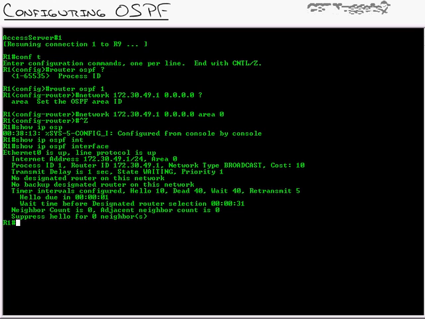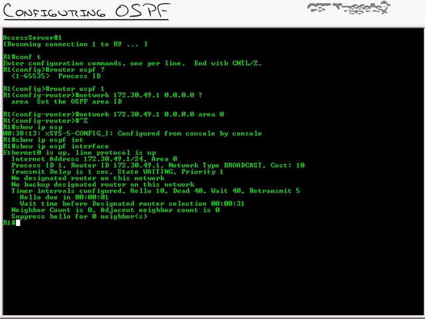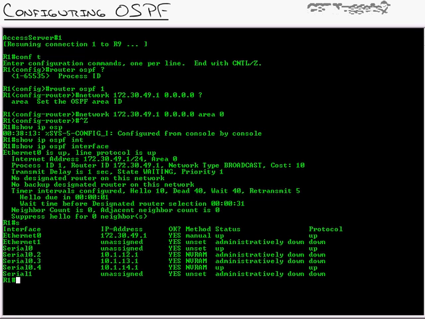Now what I want to do is turn on a debug. I'm going to type in debug ip. Well, you know what? I'm not going to do that yet. The reason why is I don't have router 4 turned on for OSPF. I want you to see the process of neighbor negotiation, but since router 1 is the first router, let's just get it running. I'll do a show ip interface brief, and I can see my active interface right here is